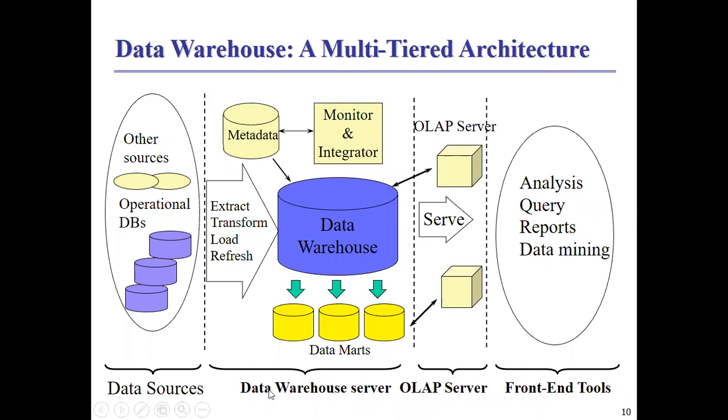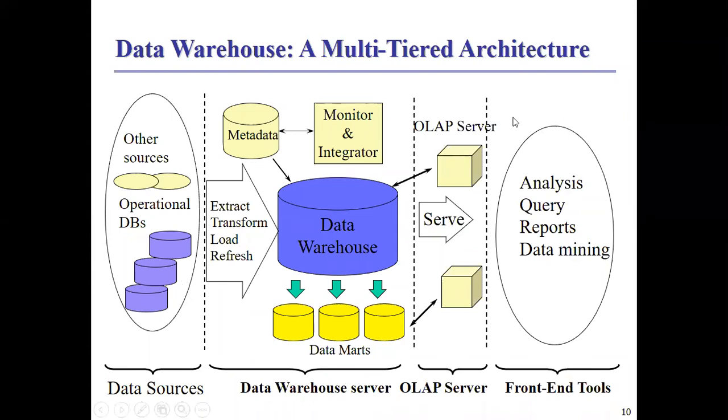The data sources and the data warehouse server together form one tier. That is the bottom tier, which is called tier 3. Data sources plus data warehouse server together make the bottom tier, or tier number 3, right? This is the middle tier. The OLAP server is the middle tier, or tier number 2, in the architecture, and the front end tools are tier number 1, or the top tier of the architecture, through which the user can communicate with your system.